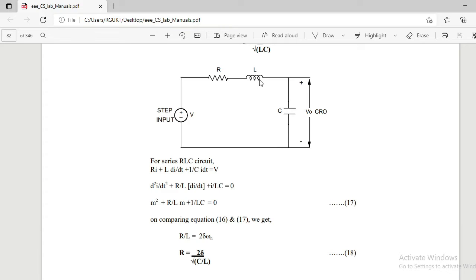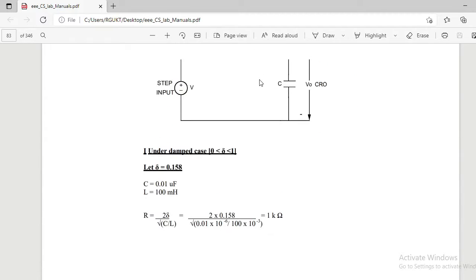If the inductance value exceeds the limit, then what happens? The system may not remain critically damped. It may vary and go to overdamped or else underdamped. That also you can observe. So that is the importance of the time response of the second order system. Now you have clarity on what you need to do.